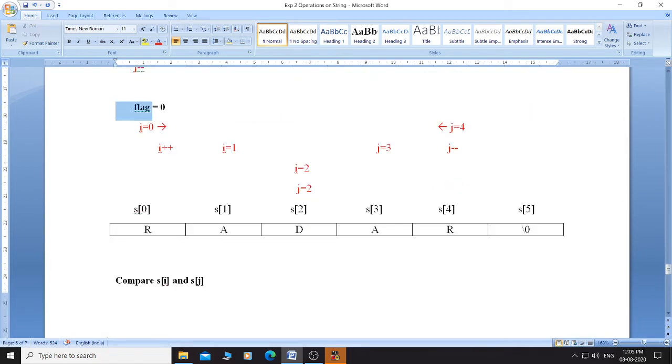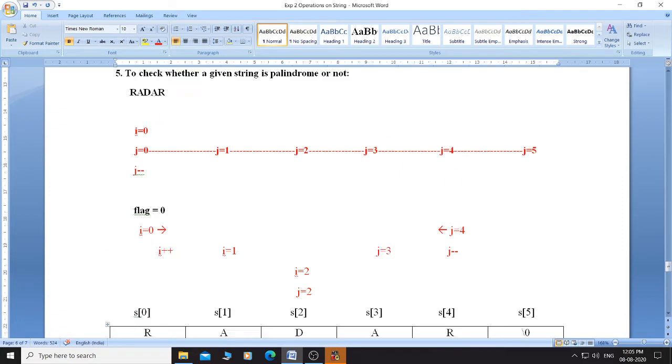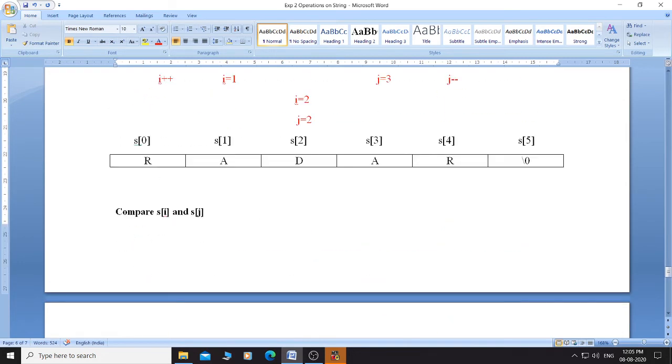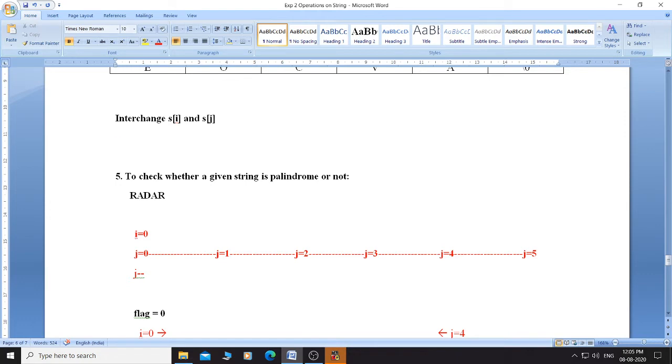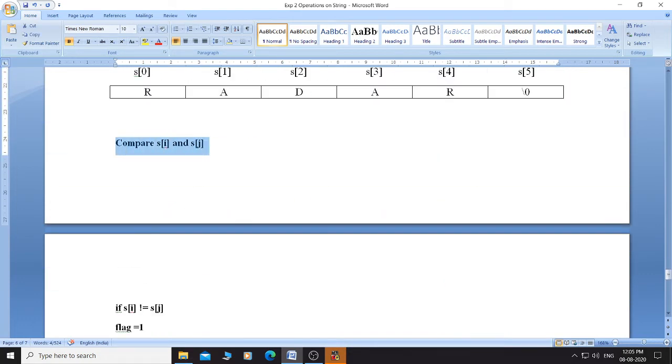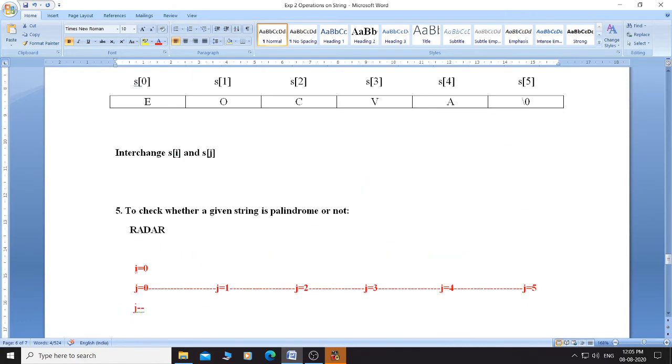Now the difference is, take one more variable, that is flag, and make it 0. Make flag equal to 0, and then start comparison. Now instead of interchanging, we have to compare. See, in reverse string we interchanged s of i and s of j, and now we have to compare s of i and s of j.